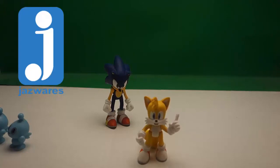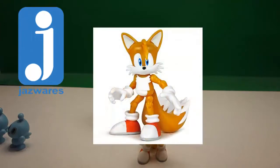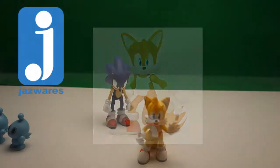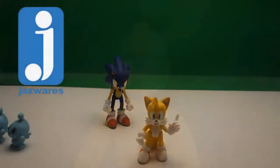Like the Sonic line, I don't even own them, but with the exception of Metal Sonic and Dr. Robotnik, the line itself actually kinda sucks, because the figures are too small to have a lot of articulation, which could make articulation sculpts look off and break very easily. And the Jazzwares quality on their products sucks as well. I mean, there will be bad paint jobs, scratches, and odd sculpting on the figures. Not only does the Sonic line suck, but other Jazzwares lines suck as well,